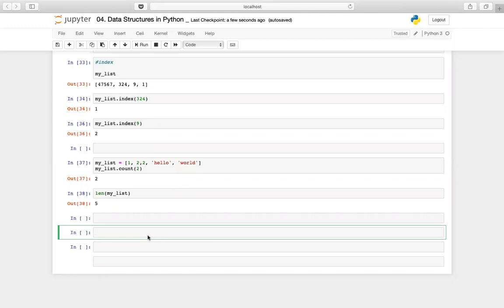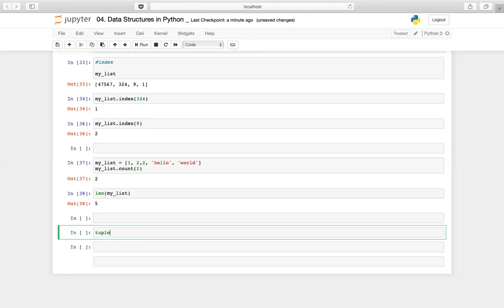Today we'll continue with the data structures in Python. So in the previous video, we looked at what a list is, and a whole lot of other content associated with lists: how do you create new lists, add to lists, clear lists, and a whole lot of that. So today we'll continue with one more built-in data structure called